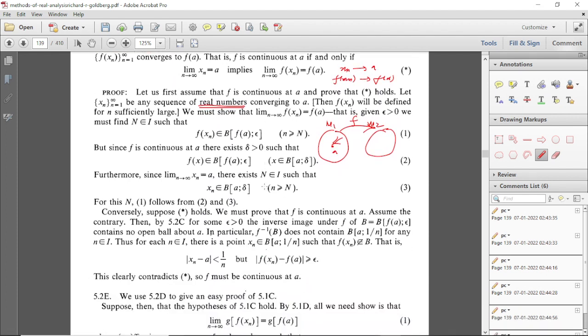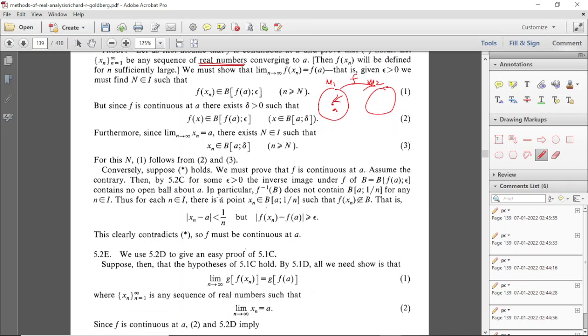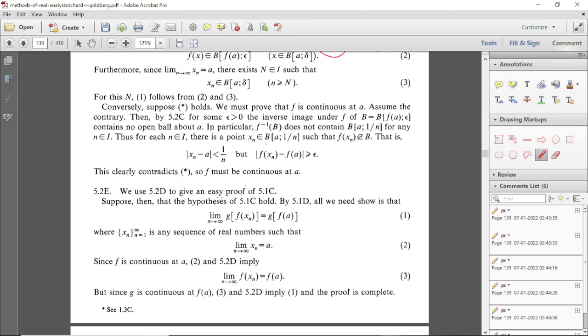Okay, so everything is same. Yes, so there is no need to make any change in the necessary part. In the sufficient part, here, in place of this, it is from the metric space M1. So what I have to do is, rho 1 of xn comma a is less than 1 by n. This is what you have to change, and these are the operations in the range, M2. So you have to put rho 2 of f of xn comma f of a. This is what you have to change.